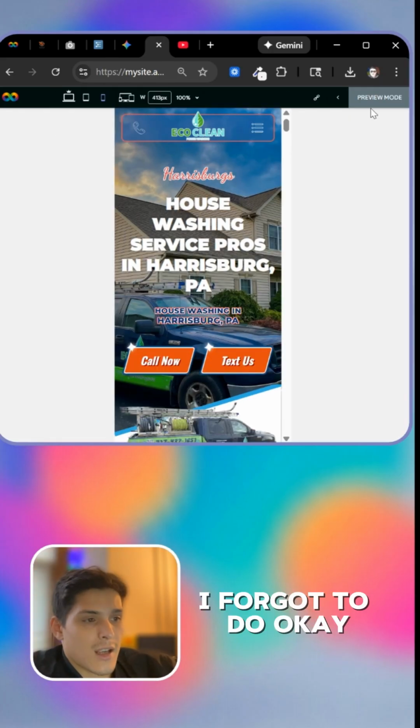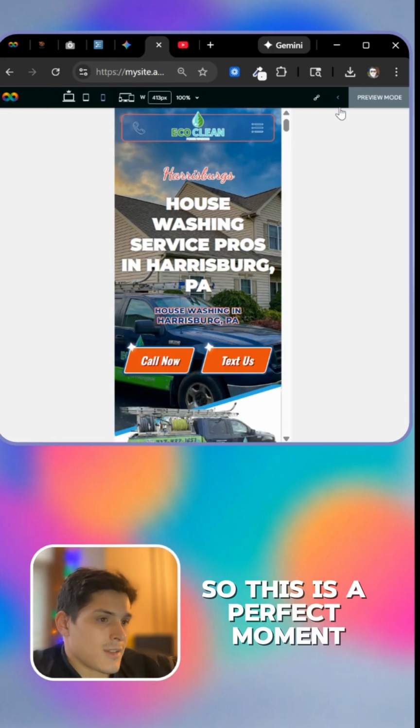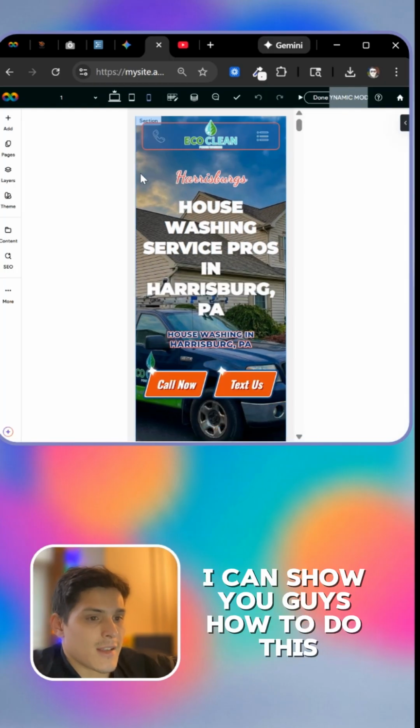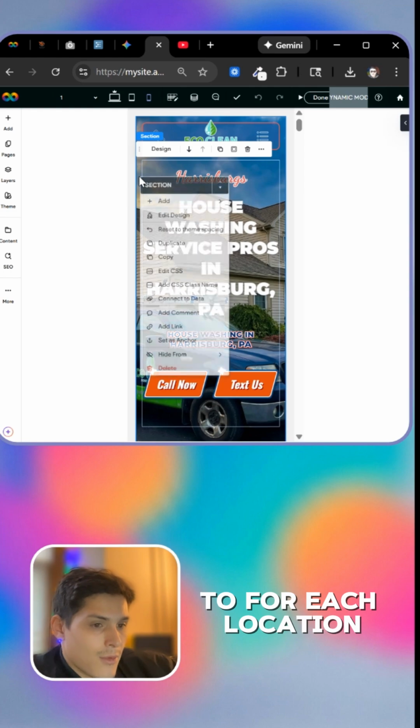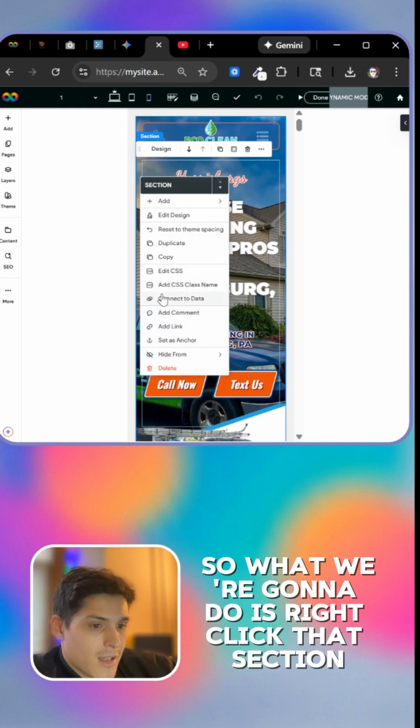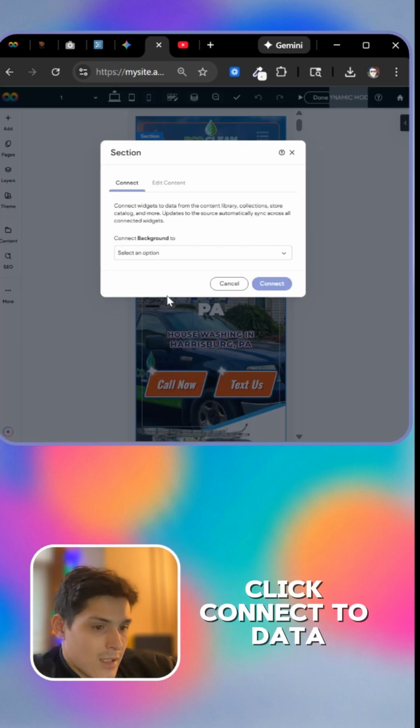Oh, one thing I forgot to do. Okay, so this is a perfect moment. I can show you guys how to do this. How to change the background for each location. So what we're going to do is right click that section, click connect to data,